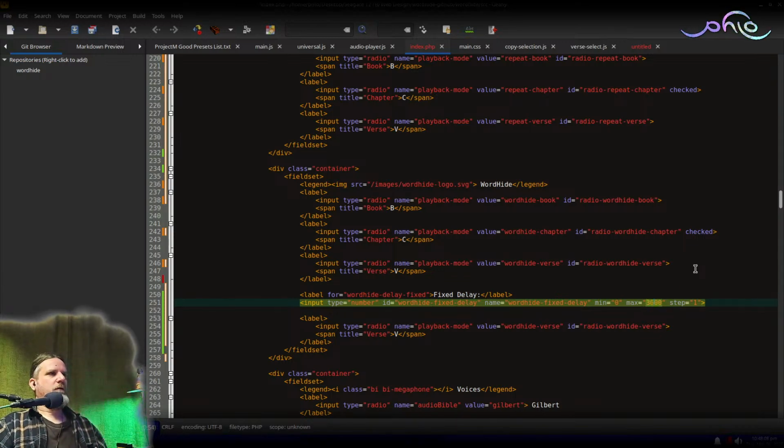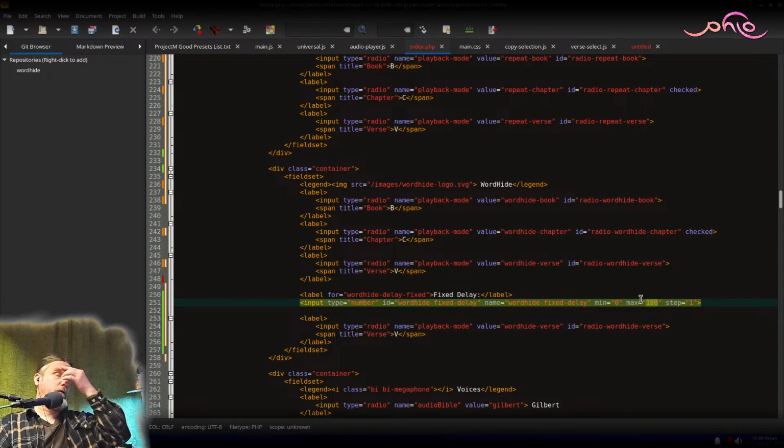I need to think of what would be the longest reasonable time that somebody might want to do. No one's going to want to sit there for 10 minutes between repeats, I don't believe. So maybe 3 minutes is enough to be the maximum, which would be 180 seconds or so. Yeah, I think that even 60 seconds is probably more than enough, to be honest, but I want to give it some flexibility.